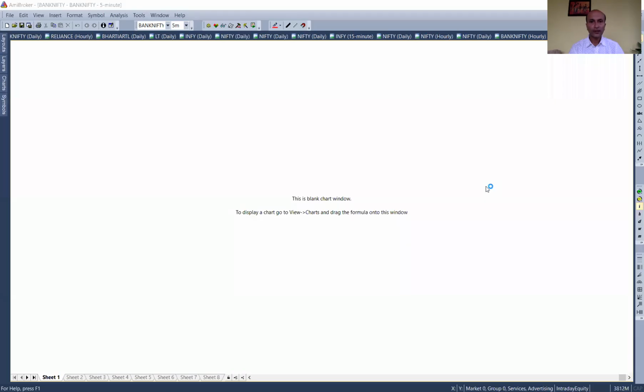Okay, so if I'll just share across my screen here. If you are able to see the screen right now, this is the ME Broker. So these are various charts that are open. You can simply go here and add a blank chart. You can either add a default chart or a new blank chart. Now this is a new blank chart on Bank Nifty right now that I have showcased.